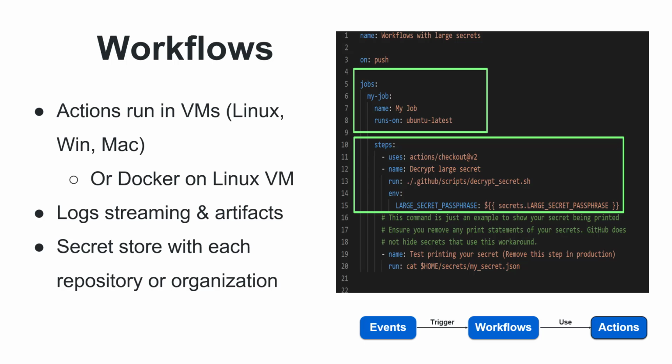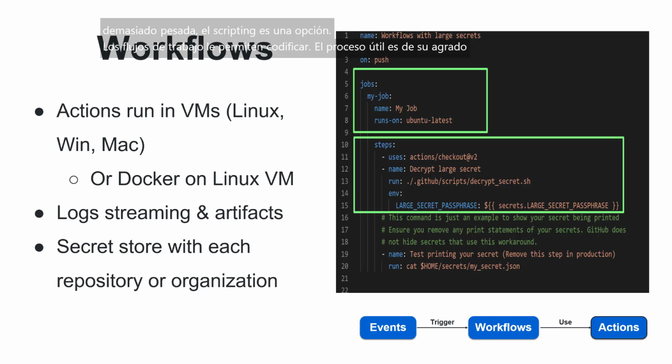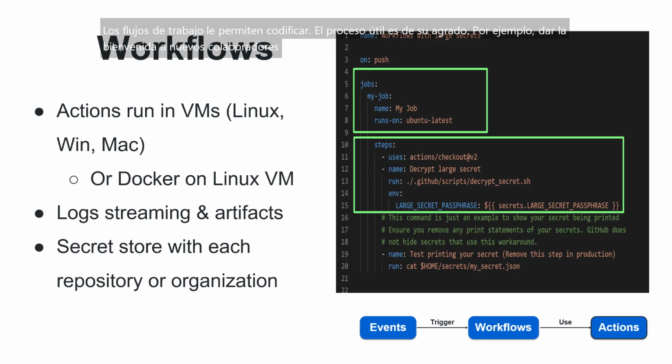Workflows. Events, already discussed. Actions, we will talk about this in more detail soon. Existing actions that are pre-written and modular. Scripts, when an action is too heavy, scripting is an option. Workflows allow you to code useful processes to your liking. For example, welcoming new collaborators to your project, fixing outdated issues, ensuring license uniformity, or performing continuous testing and integration